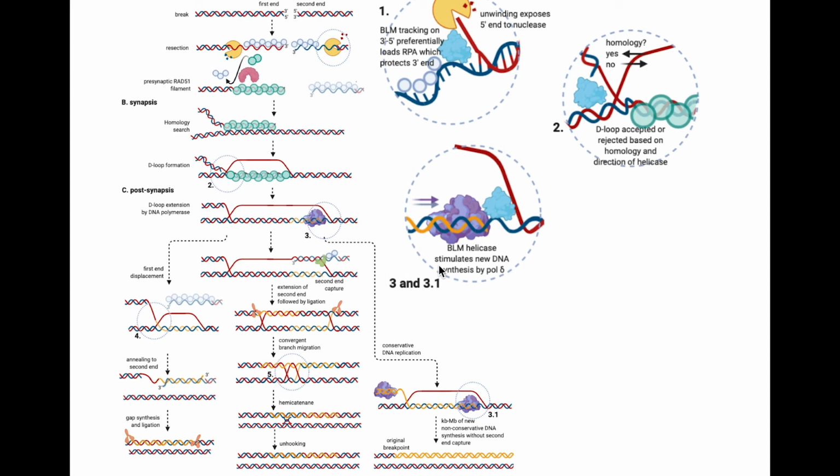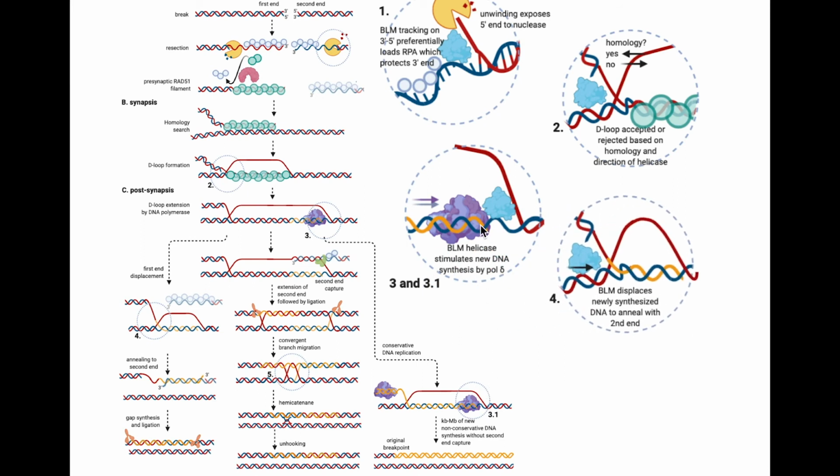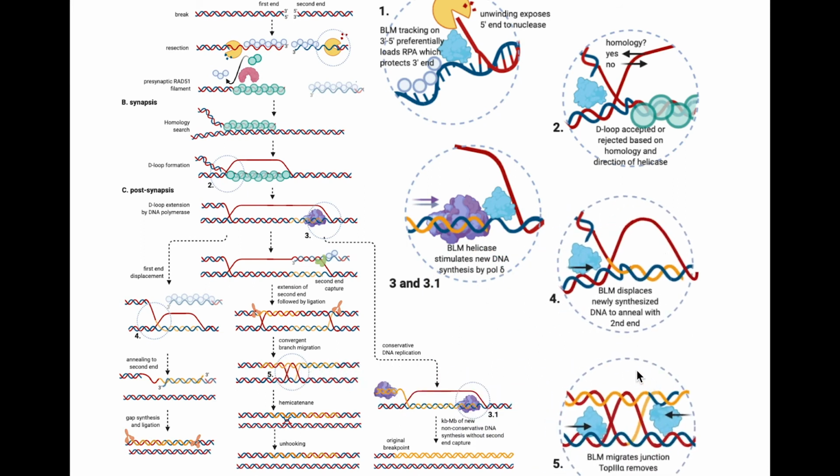Post-synapsis, the Bloom syndrome complex can stimulate break-induced replication in the absence of a second end by promoting DNA polymerase delta extension of the D-loop, or it can also promote capture of the second end if one is available. Finally, the Bloom syndrome complex is the only enzyme capable of untangling the double Holliday junction structure without a risk of crossovers occurring. In Bloom syndrome, when the Bloom syndrome complex is absent, homologous recombination occurs with reduced fidelity regulation,